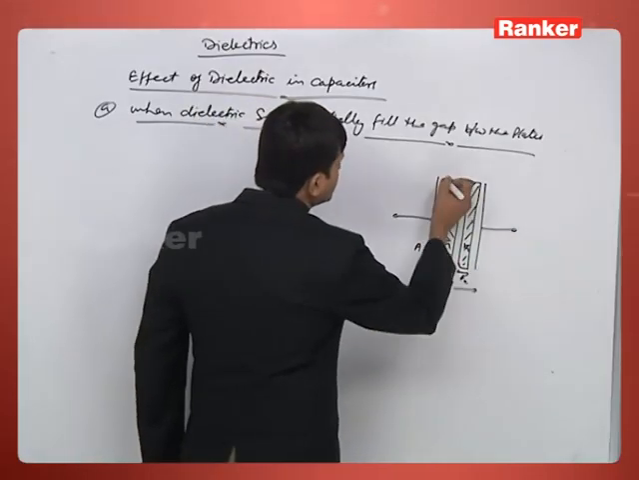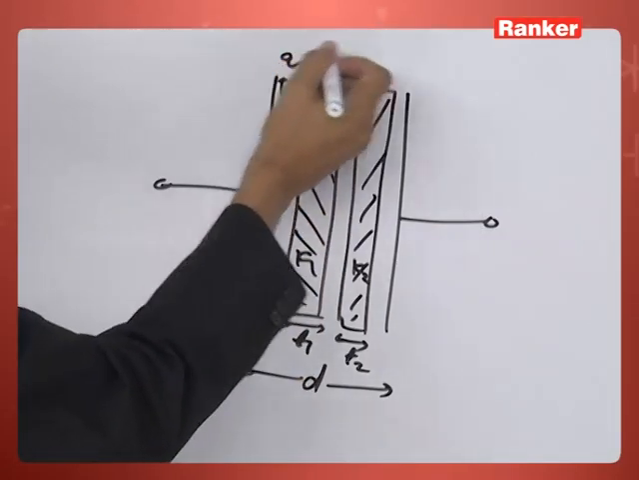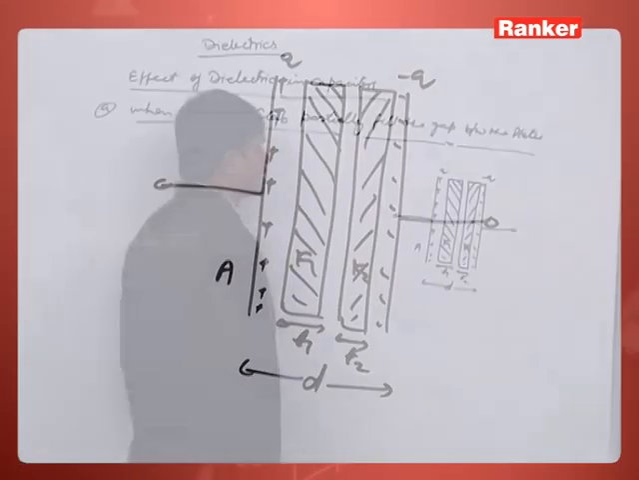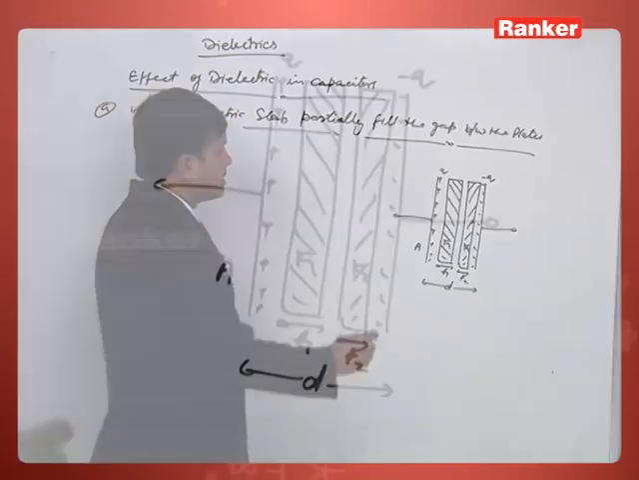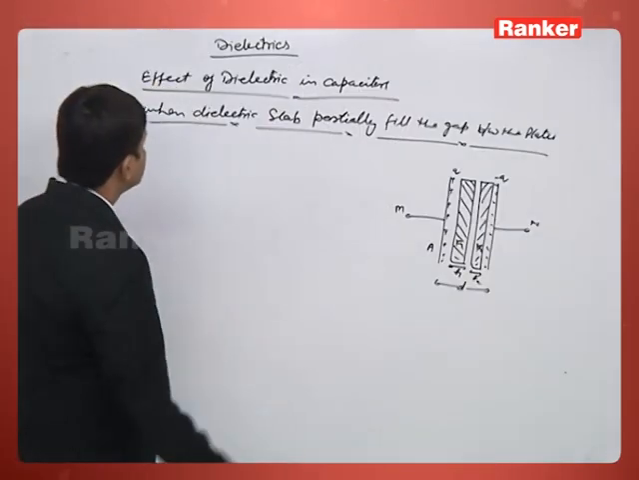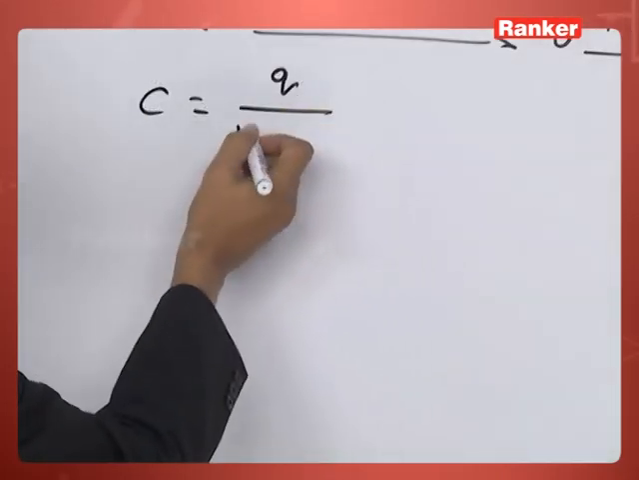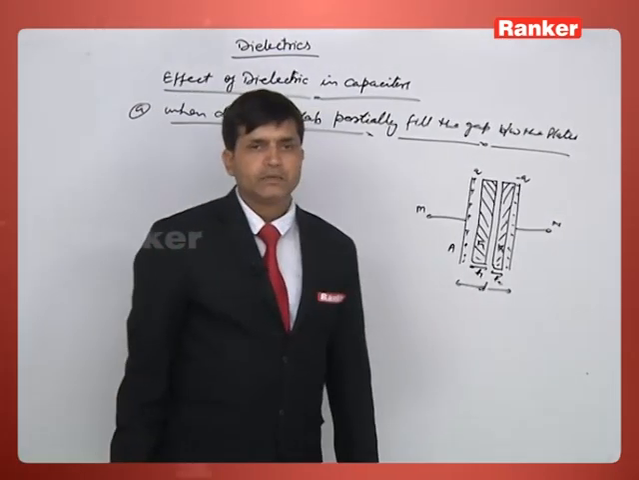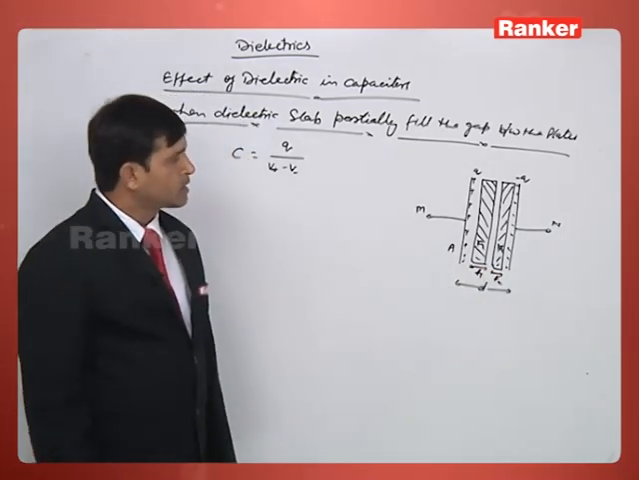And as usual, charge on the capacitor plate is Q, here it is minus Q. Now if we are looking at the capacitance across the terminals M and N, come to the basic fundamental formula of capacitance, Q by V positive minus V negative. How to calculate the potential difference between the positively charged plate and the negatively charged plate? See